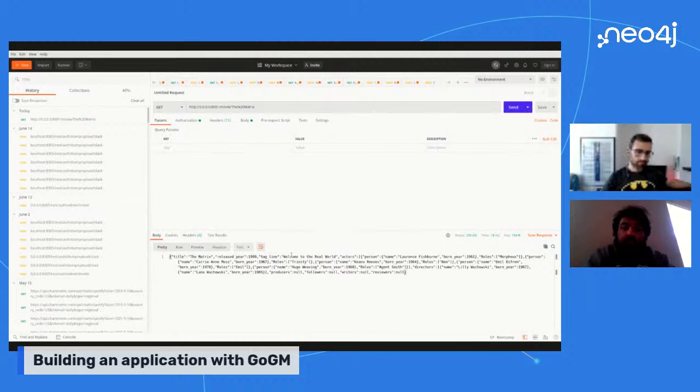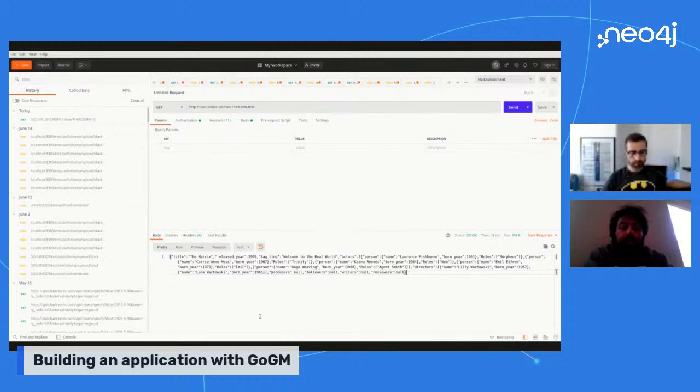Title, The Matrix, and then you see actors, it lists out all the actors, roles, here's the director, and we didn't define any producers, followers, writers, or reviewers. At least I don't think we did. Maybe the query just doesn't grab those.